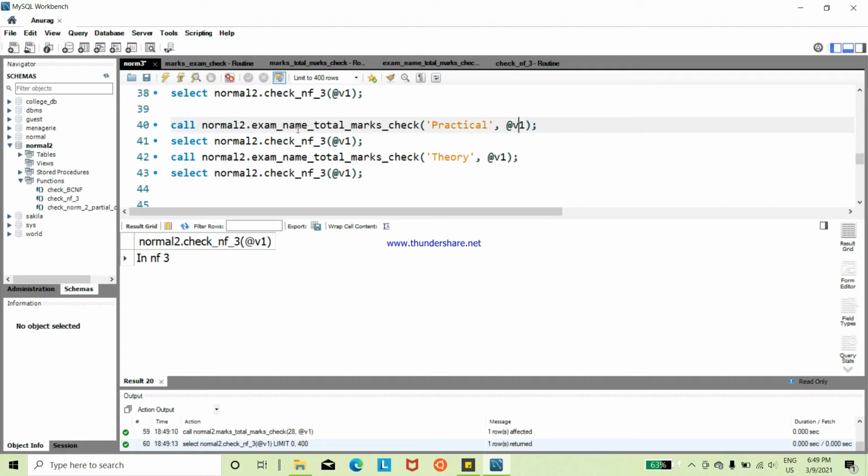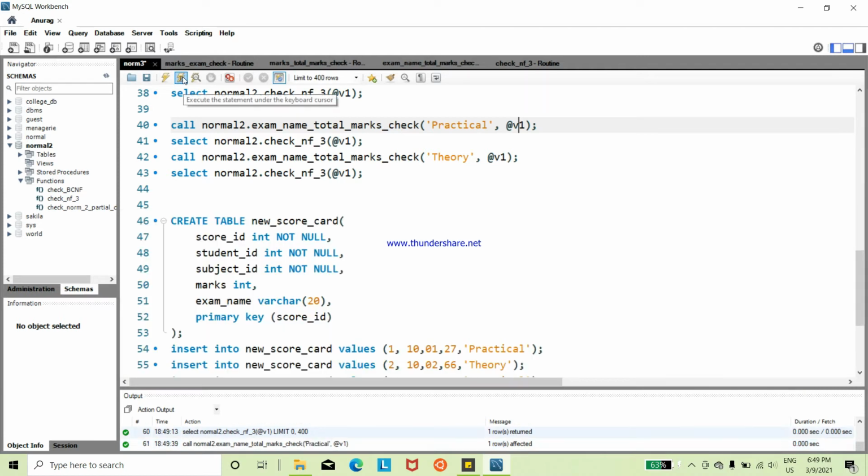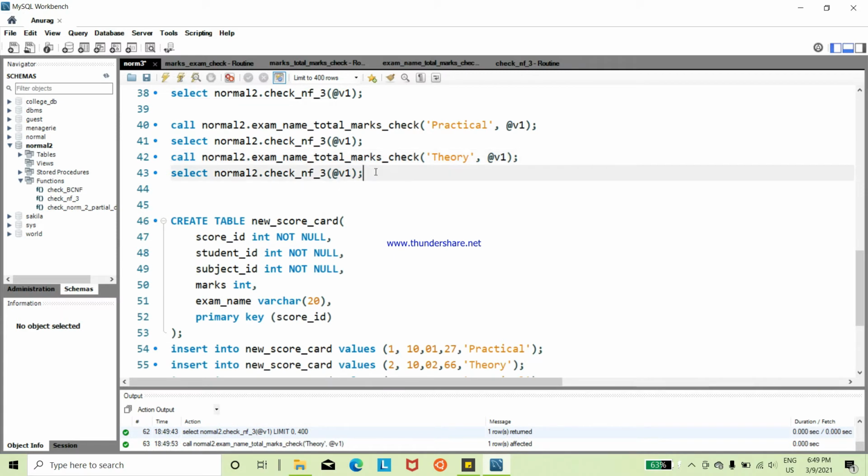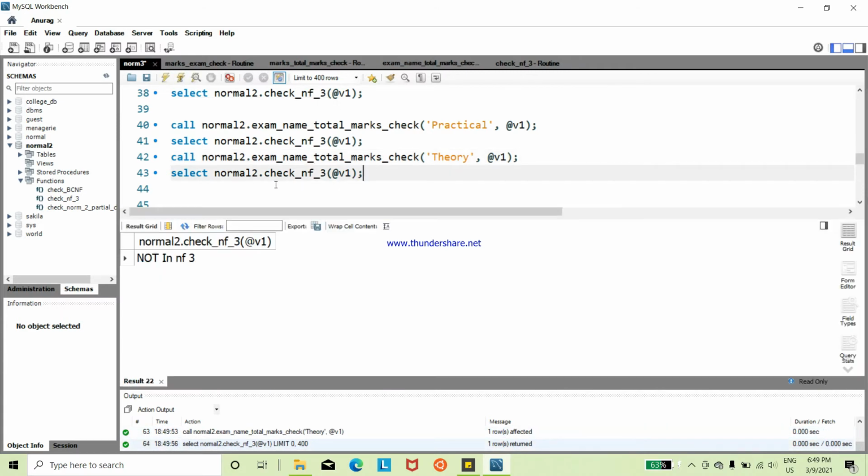Here, exam name to total marks check. Passing the value practical, we execute this and then run the function. We got not in third normal form, and second for theory exam name we got not in NF3. For both practical and theory exam name we got not in NF3, so here we got a one-to-one